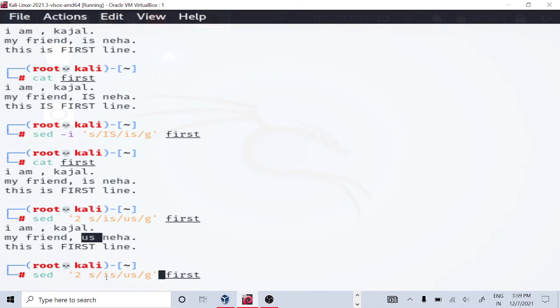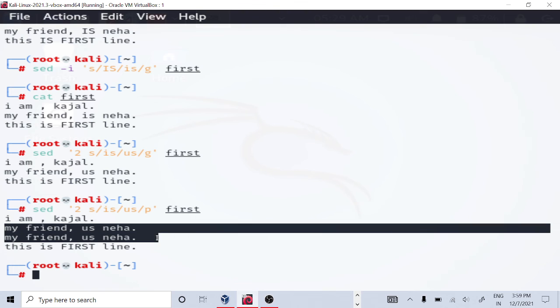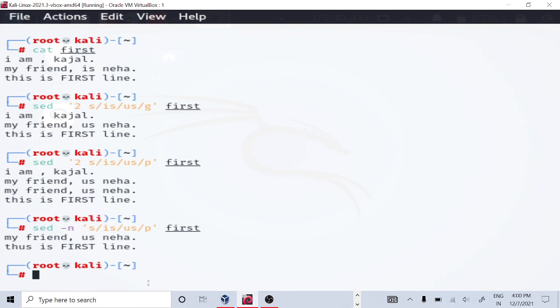Now if you want to use the p option, then it will also print the line which is replaced. The line in which it is replaced, the text, it is displayed twice. One is already displayed like this, but if you want to print it again, it will print using the p option. In this way we can do that. If you don't write line numbers, it will be replaced on all the lines, and with the n option, we don't have to see all the contents of the file, because sometimes the file is very big.